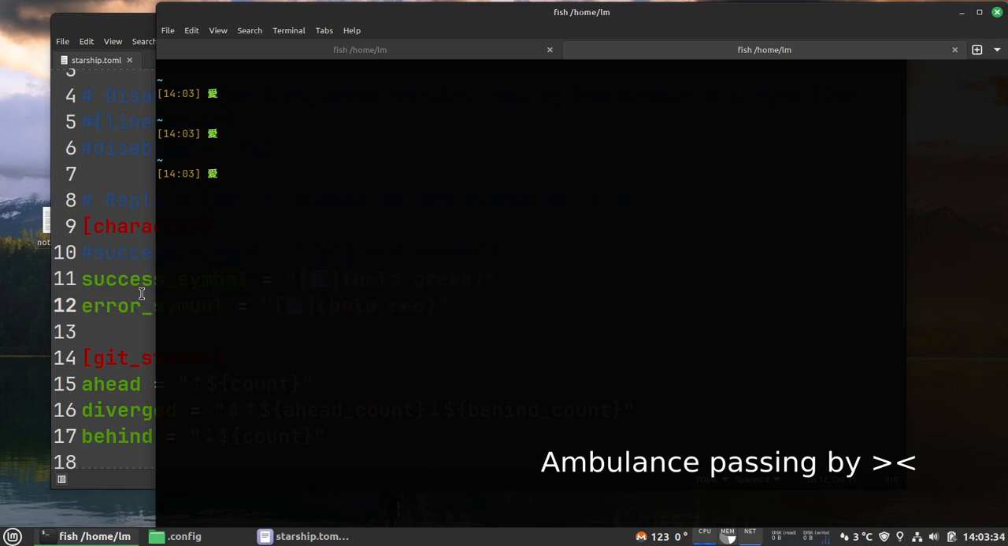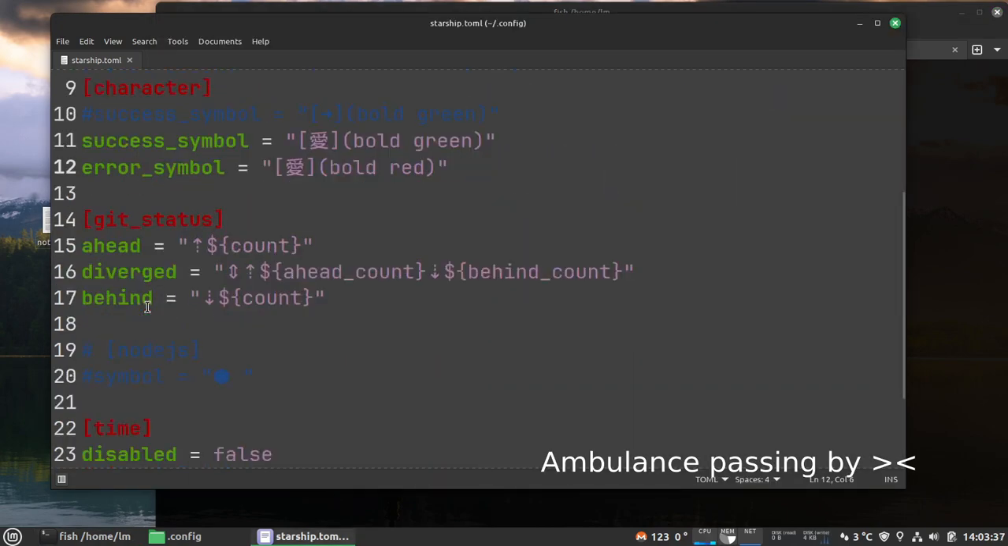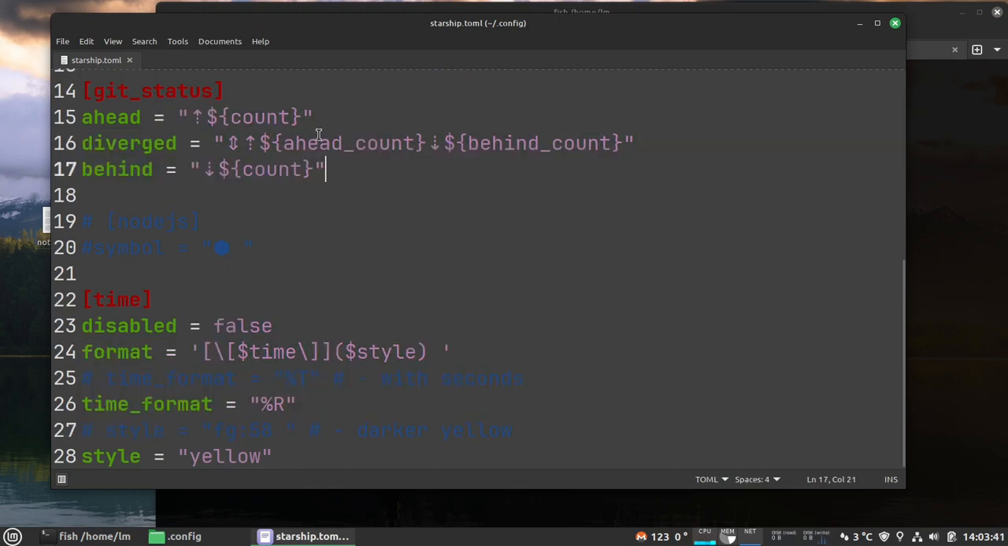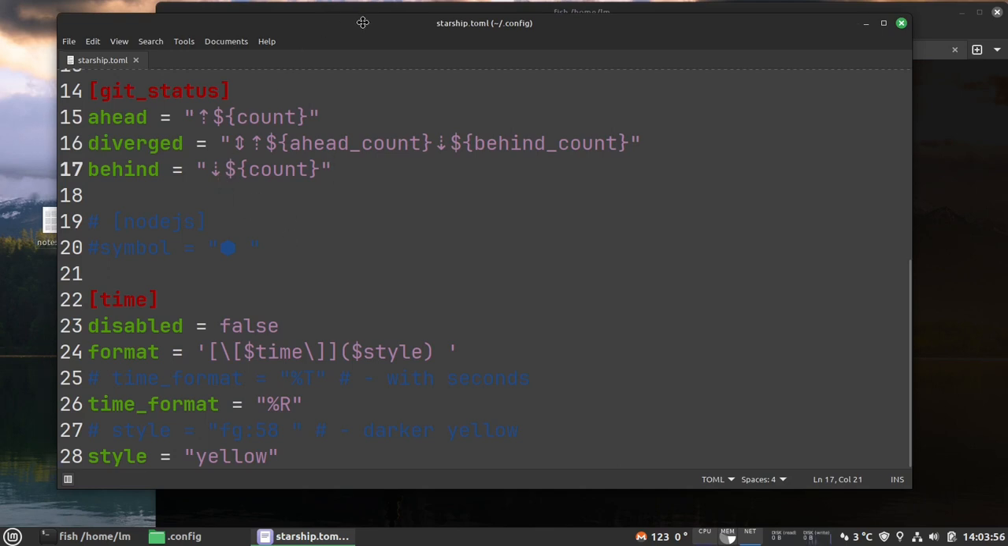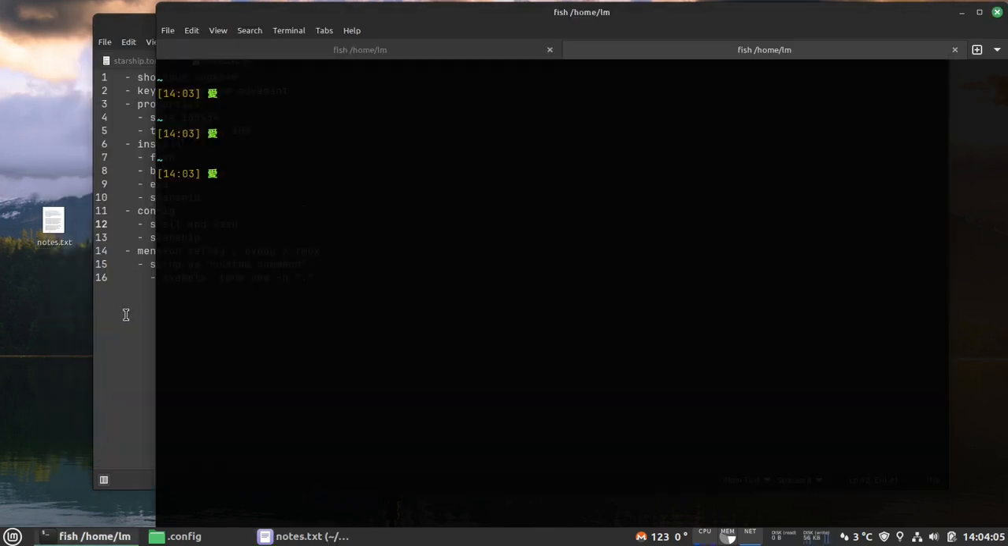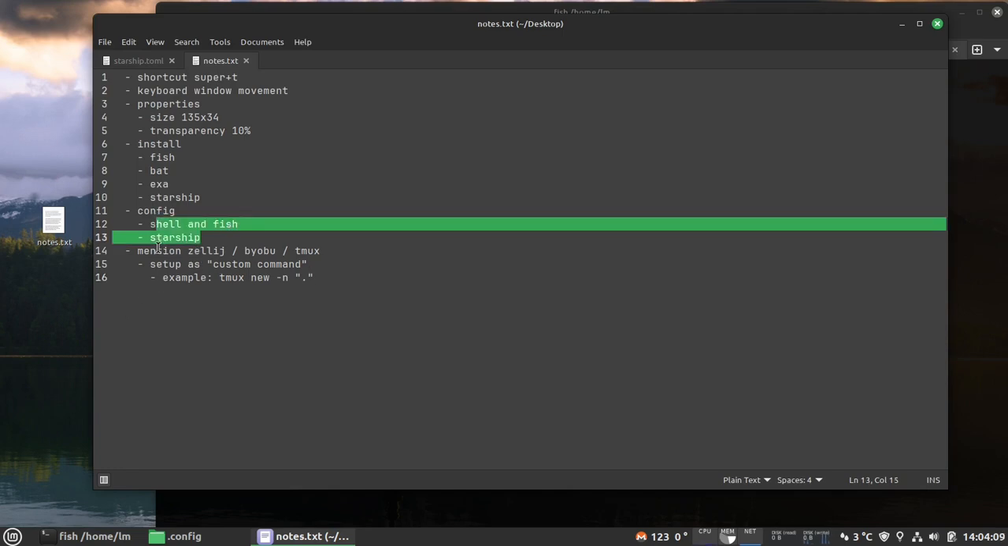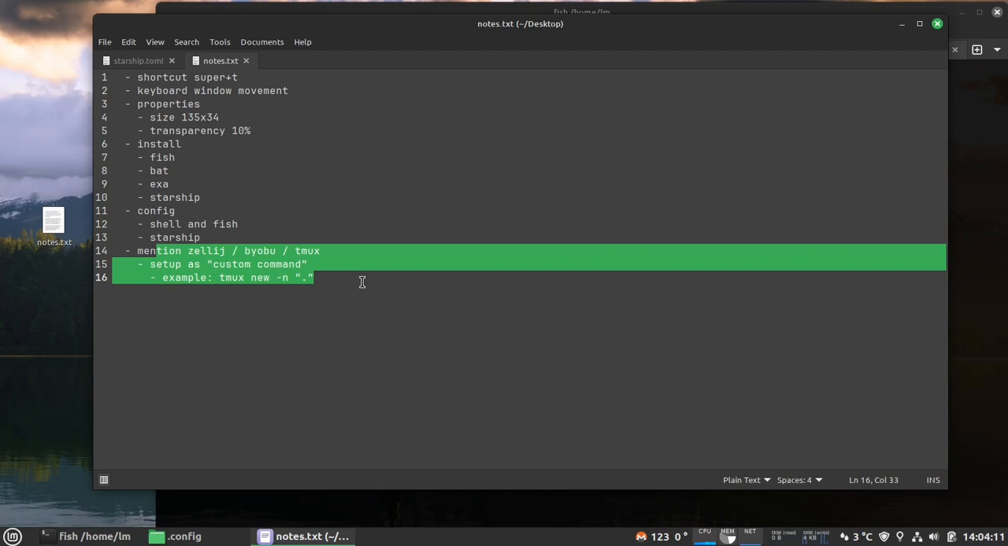The timer is extremely useful, actually. That's set in here, and then just some git counts. Without this command, it doesn't show you the amount of commits to be downloaded or uploaded, but like this, git is even more useful. So I think that's all for the Starship config. So we went through those. The last mention here is